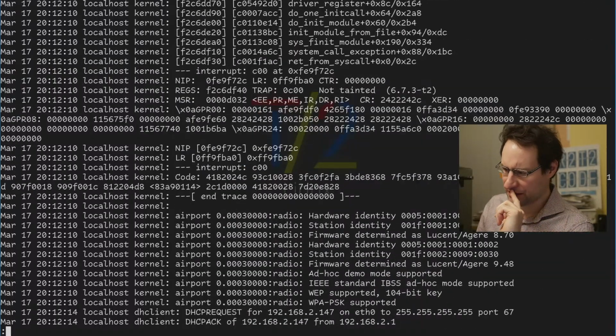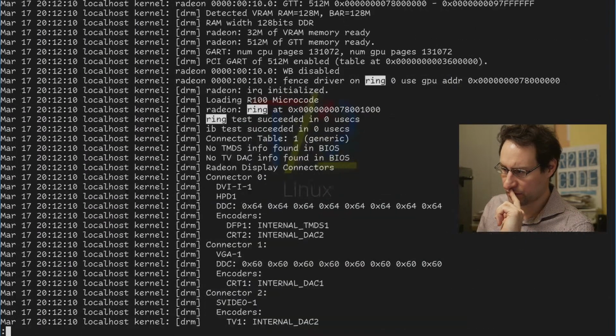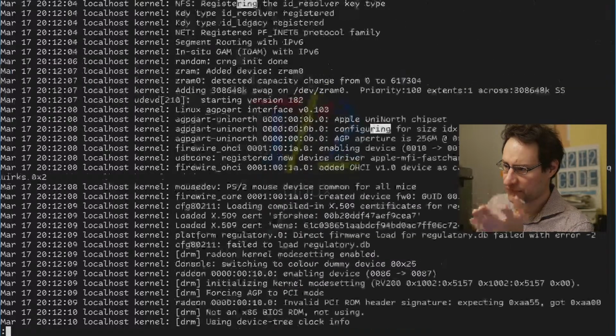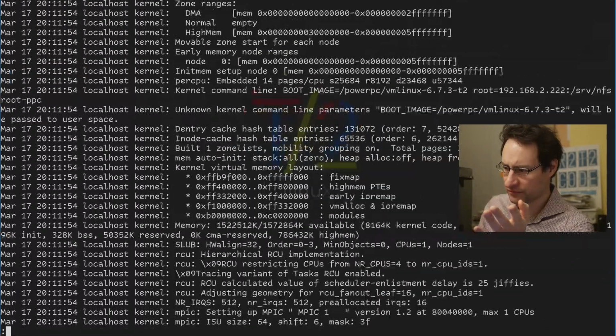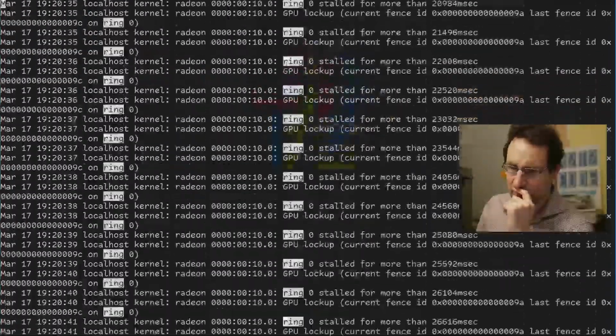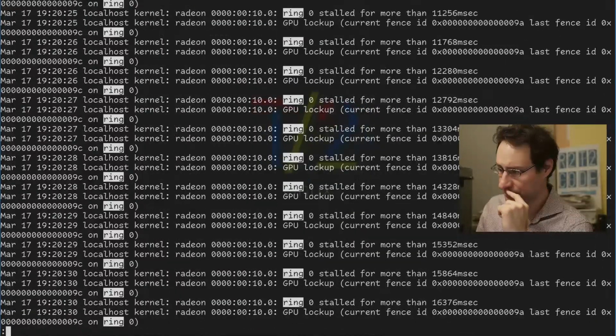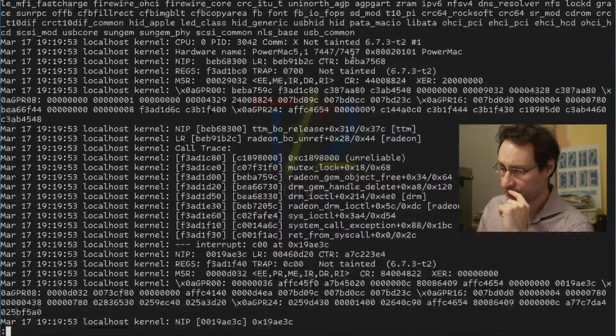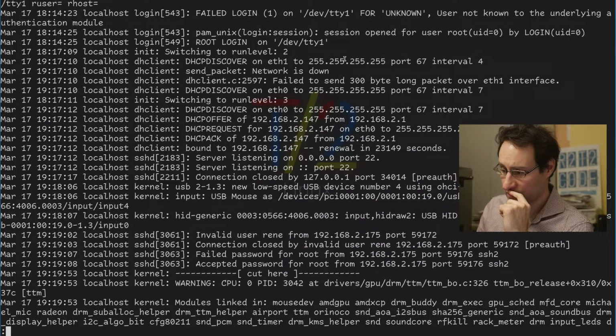This might be unrelated. Here's a true bug. And there's also null pointer dereference. Let's just go back to here. That is a rebug. Here in